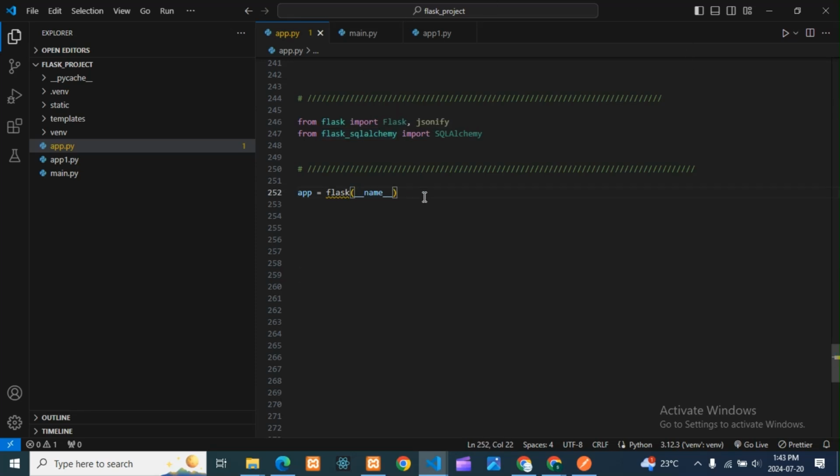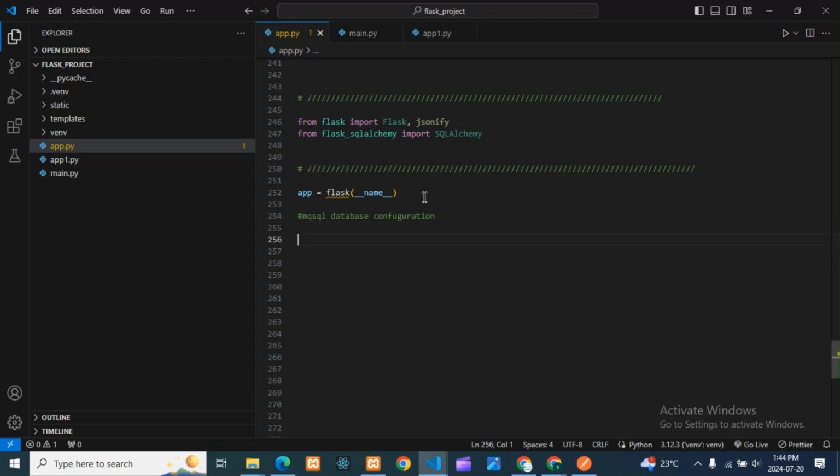Next what we will do is connect our code with the database. For that, we will see how to do it, guys. So here I'll write one comment, MySQL database configuration, so it will be easy for you guys to understand. So here we are doing configuration.